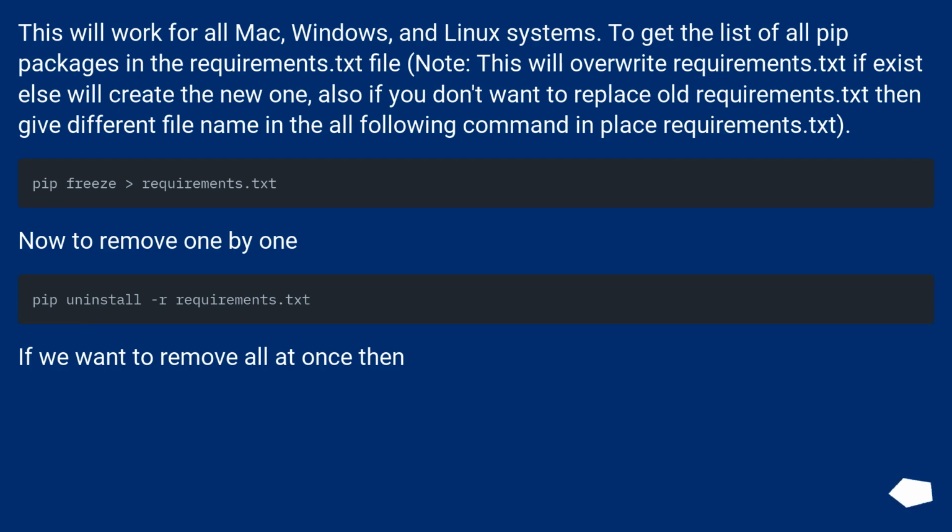To get the list of all pip packages in the requirements.txt file, note, this will overwrite requirements.txt if it exists, else it will create a new one. Also, if you don't want to replace the old requirements.txt, then give a different file name in all the following commands in place of requirements.txt. Now to remove one by one. If we want to remove all at once, then